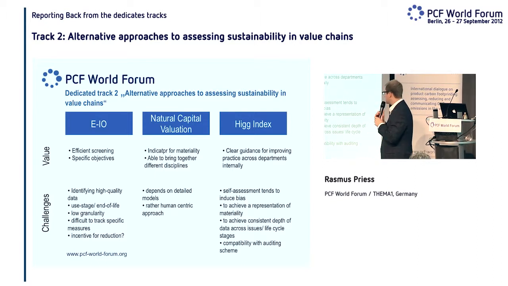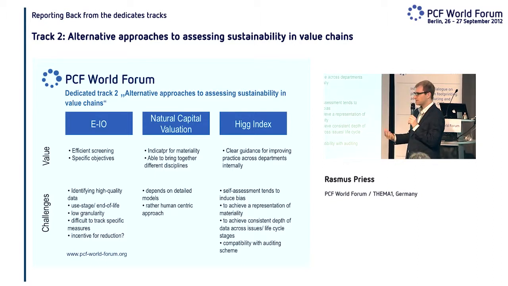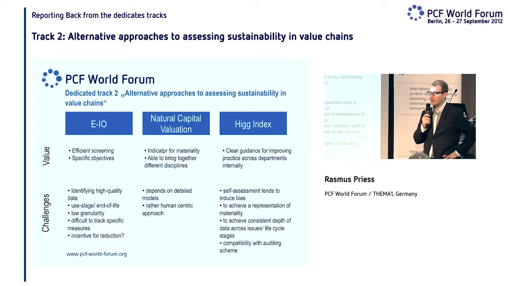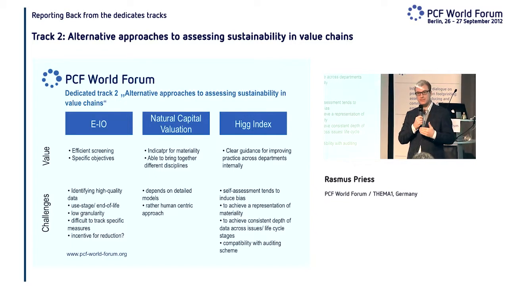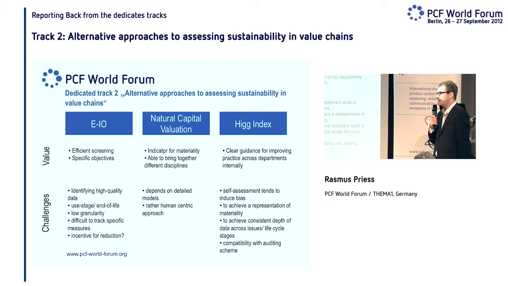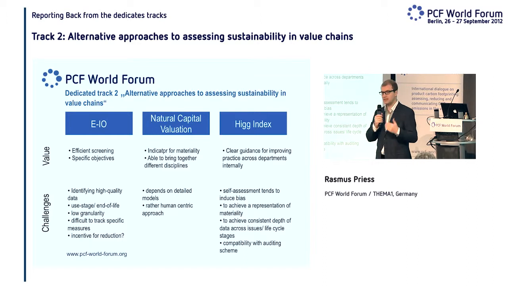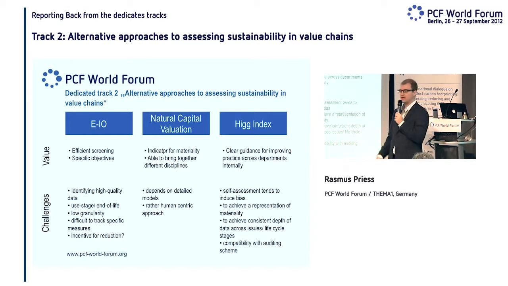And just quickly mentioned, this is under development. It's rather used within the industry to work on improving the sustainability inside, not yet consumer facing. And there are some challenges noted, like that it very much at the moment depends on self-assessments. So how do you control responses to these checklists to really make sure that you have an accurate representation?